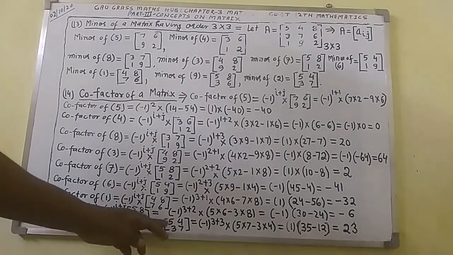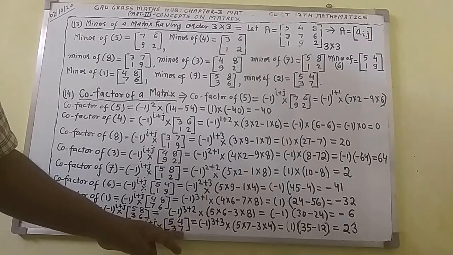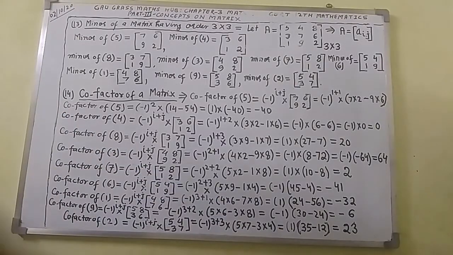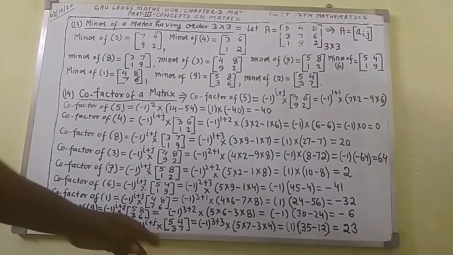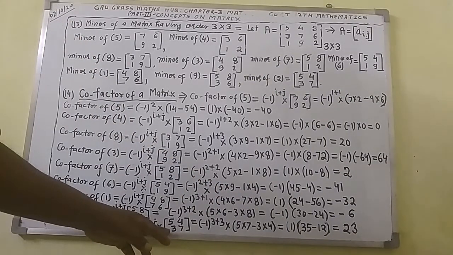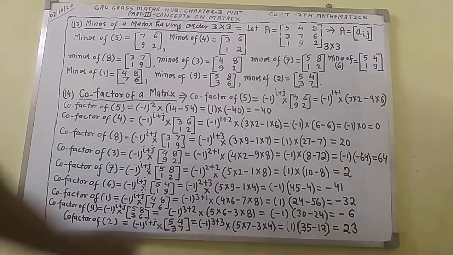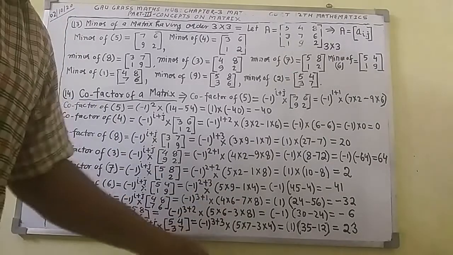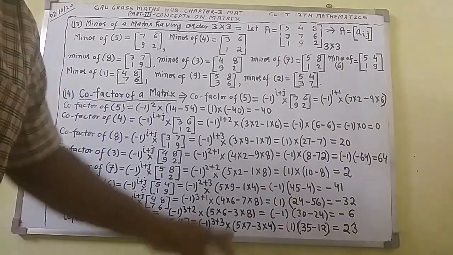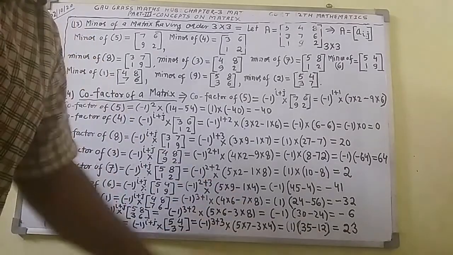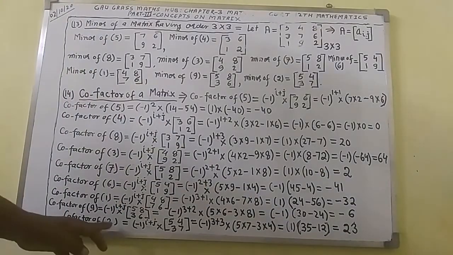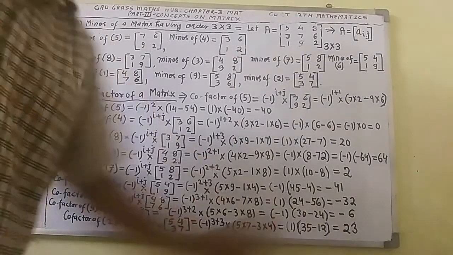And the elements of the principal diagonal will be multiplied: 5 will multiply to 7, comes out to 35 here. Minus, thereafter the elements of the reverse diagonal will be multiplied. So 3 will multiply to 4, comes out to 12 here. So 1 into 35 minus 12 comes out to 23. Here the cofactor of 2 will be 23.